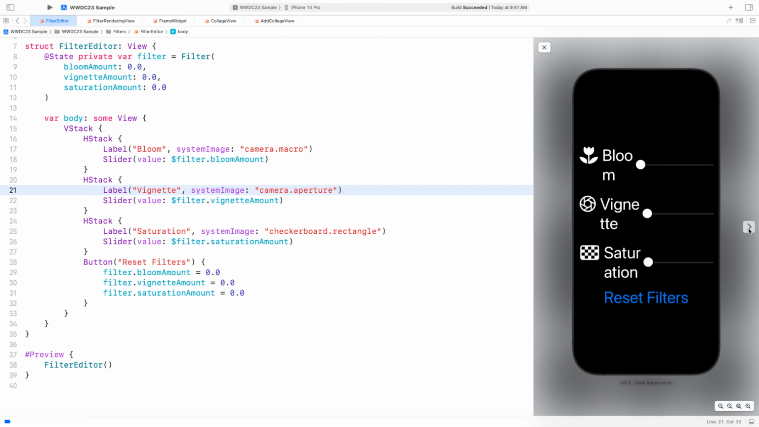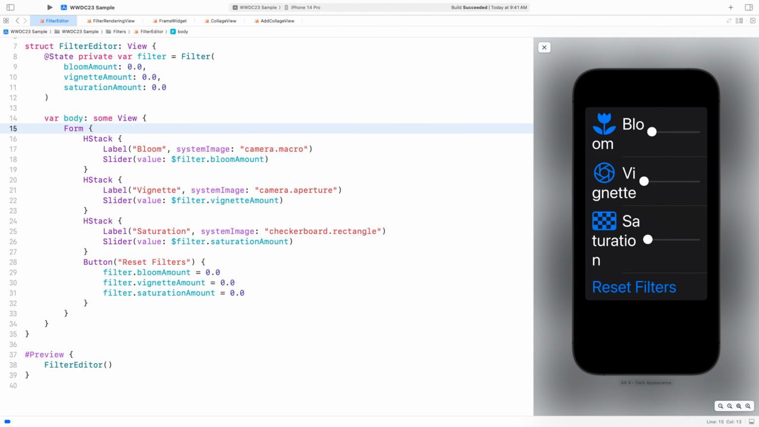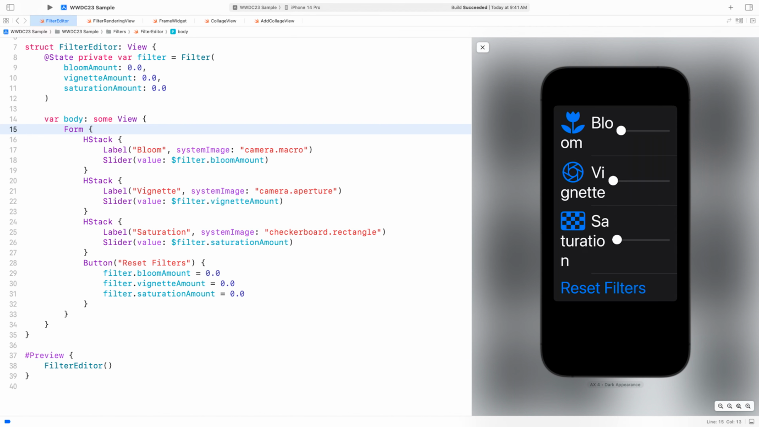Let's fix it. Instead of a VStack, I'm going to use a form, which is perfect for groups of controls. And forms look great when the controls are placed in sections. Let's make each HStack be a section. I can make these changes across all of my HStack instances by taking advantage of multi-cursor editing. I'll select the first HStack, then press Command-Option-E to find and insert a cursor for each instance of HStack. I'll change each of these